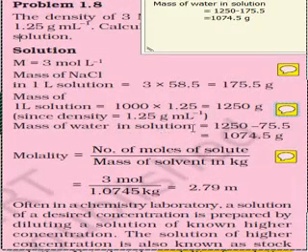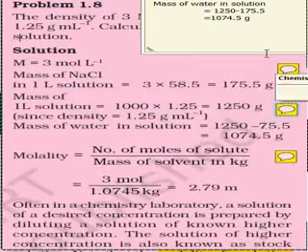Mass of water in solution is equal to 1250 gram minus 175.5 gram. Now there is a mistake in the textbook. You can correct it as 1250 minus 175.5 gram. Now here we got 175.5 from here and 1250 from here. So mass of water, that is a solvent, is equal to mass of solution minus mass of solute. We get the mass of solvent, that is water, as equal to